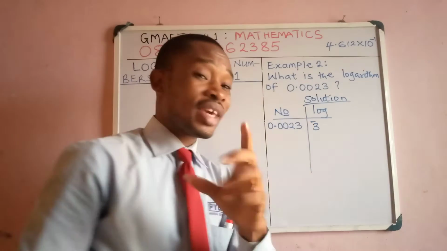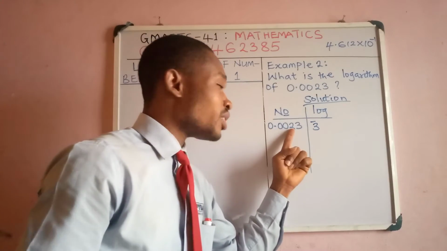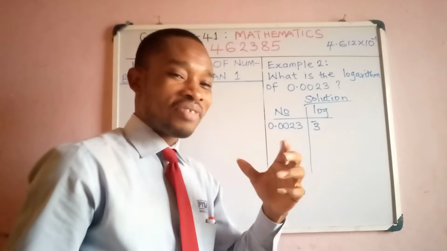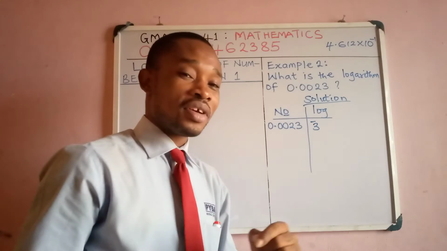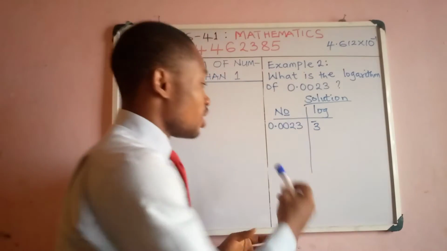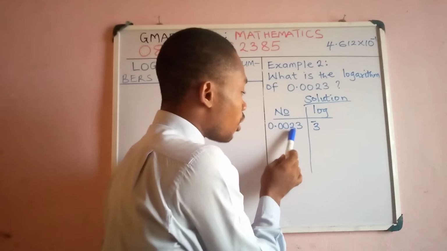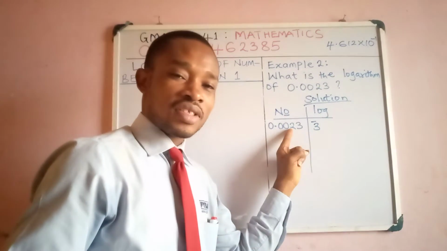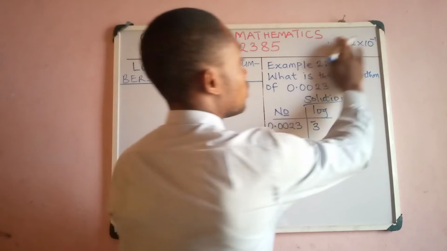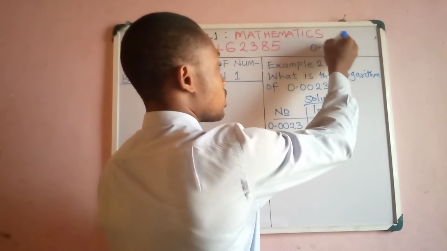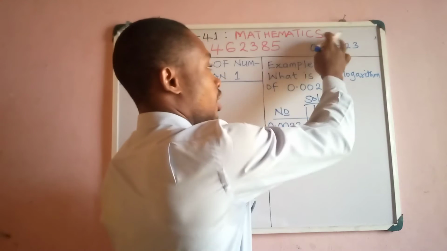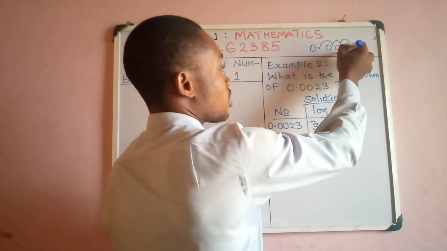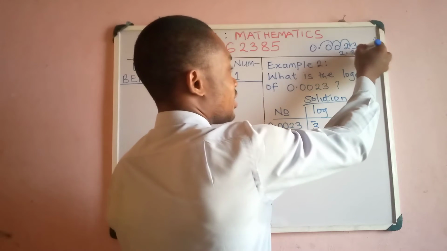Bar 3, that is minus 3, because there are 3 zeros before the first significant figure 2 here. Okay, that's the fastest way one can understand why we have bar 3 here. But the actual reason is to move this point until you get to immediately after the first significant figure. Now if you have 0.0023 and move your point 1, 2, 3, the point has come here. This will now give us 2.3 times 10 raised to power